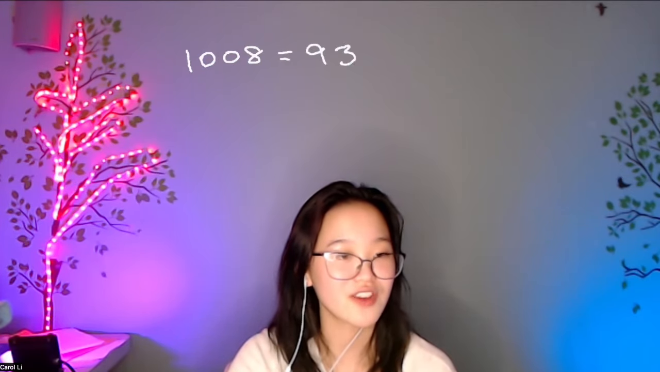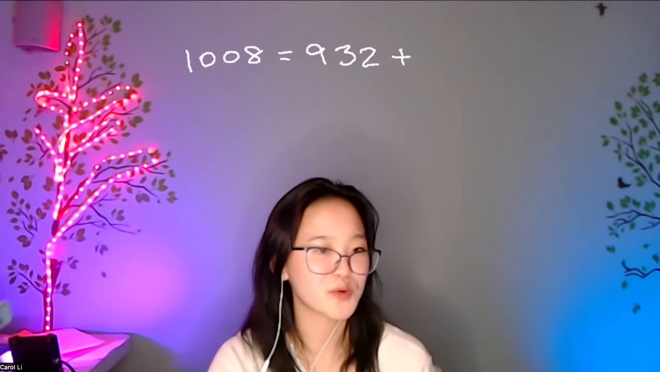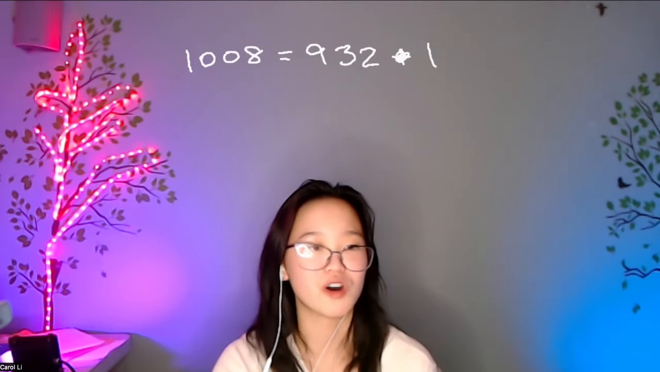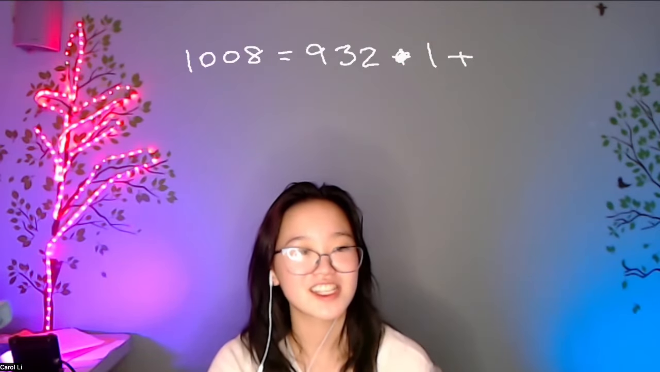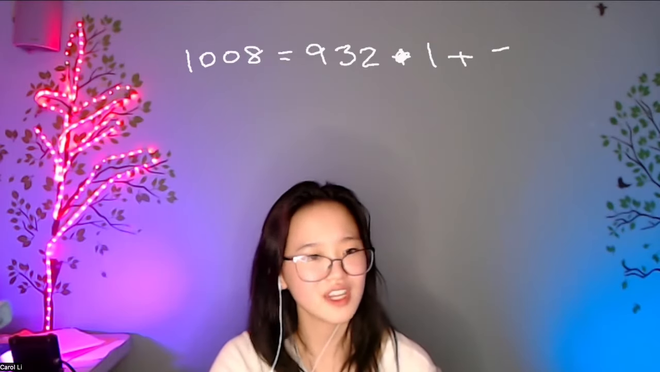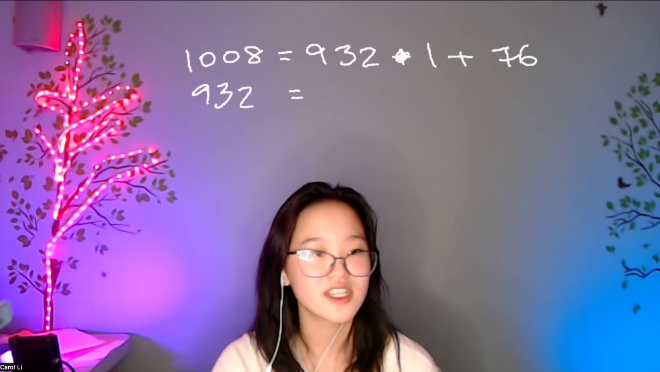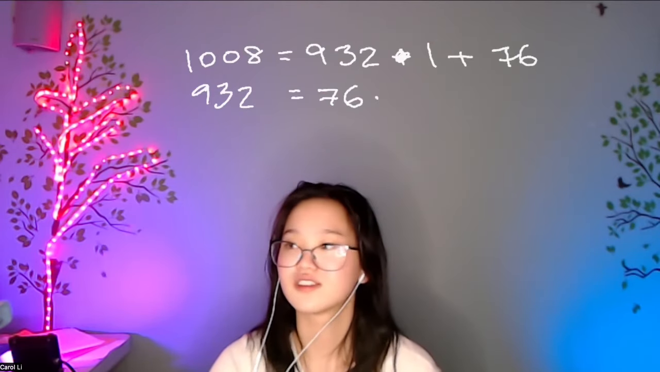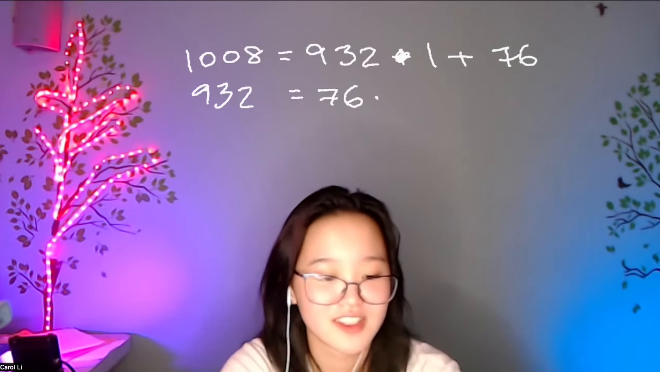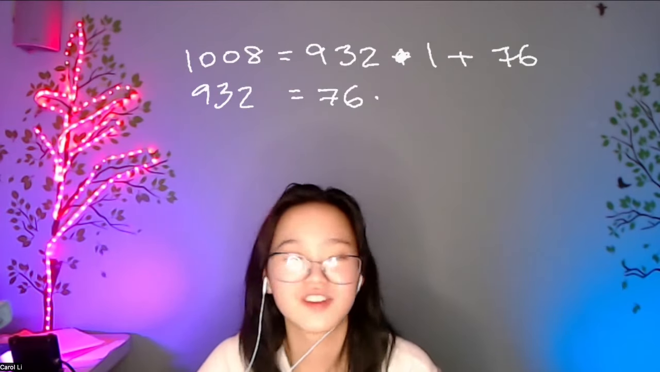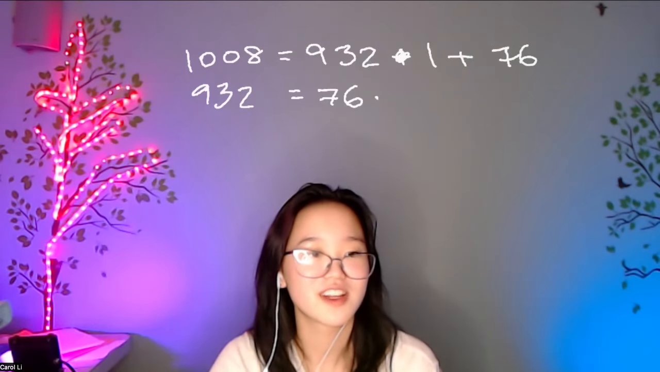Okay, so let's do 1008 and 932. Let's write it in the form I wrote it. What would the remainder be when we divide 1008 by 932? And what's the quotient? Well, the quotient is 1, if you can tell. And the remainder would be 76. And you go 932 equals 76 times, what is this equal to? 932 divided by 76 is 12. So it'd be 12, and then